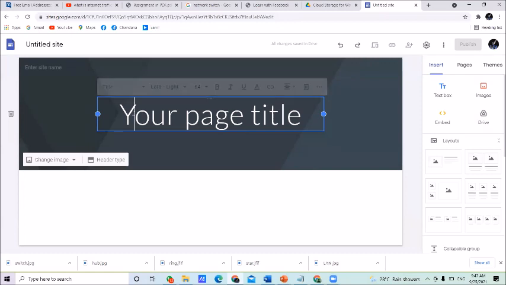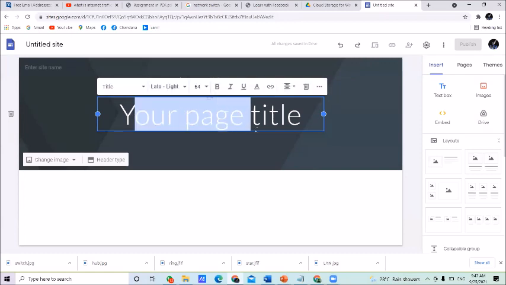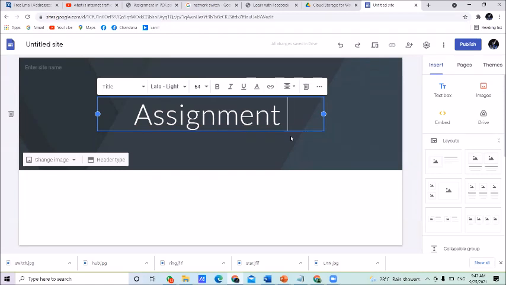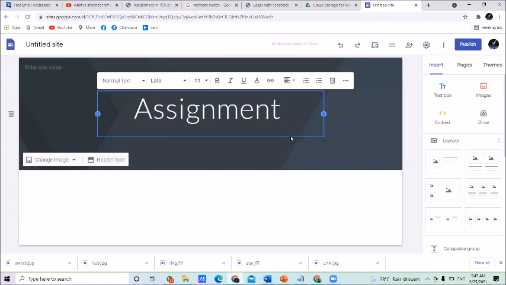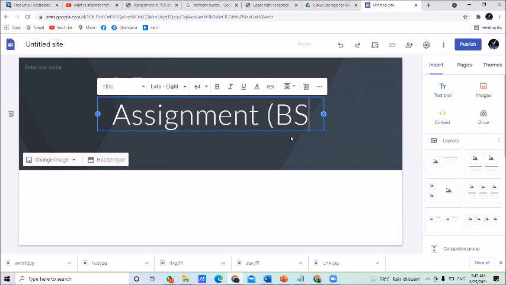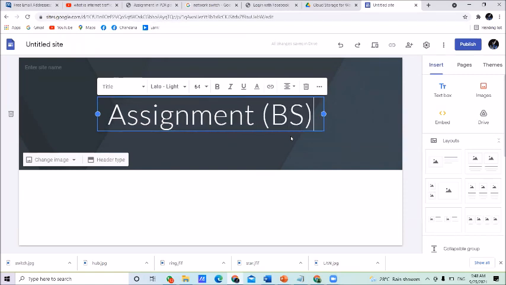Under this page title, according to the assignment, you can give any title. I am saying here, for example, assignment business system.